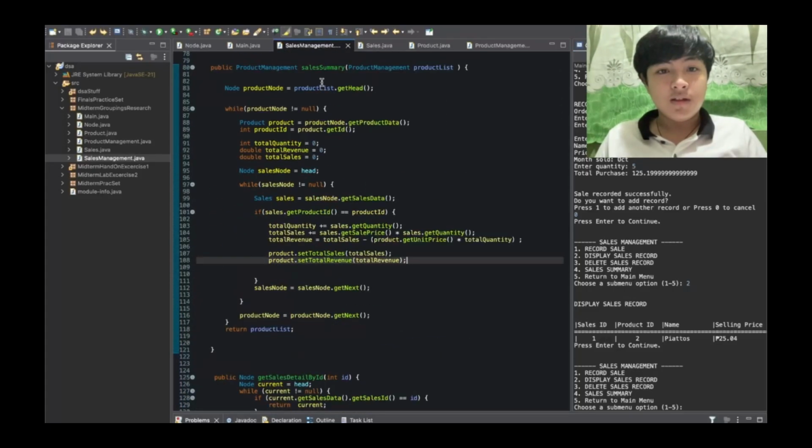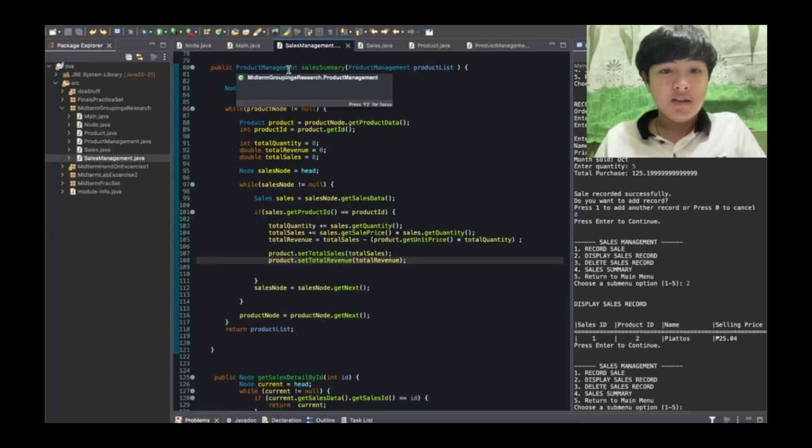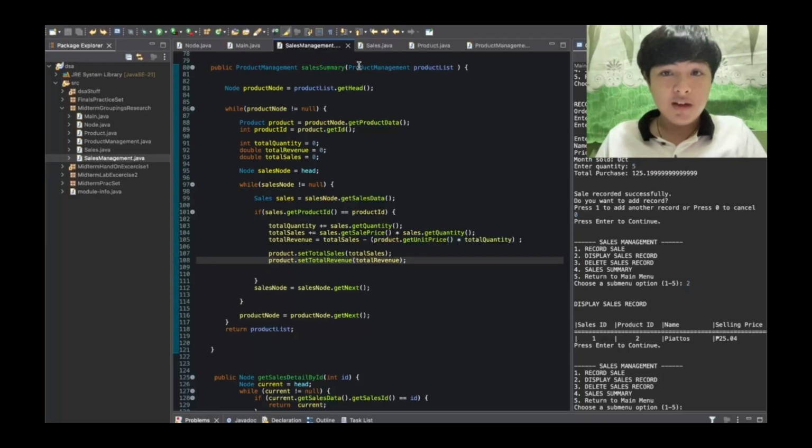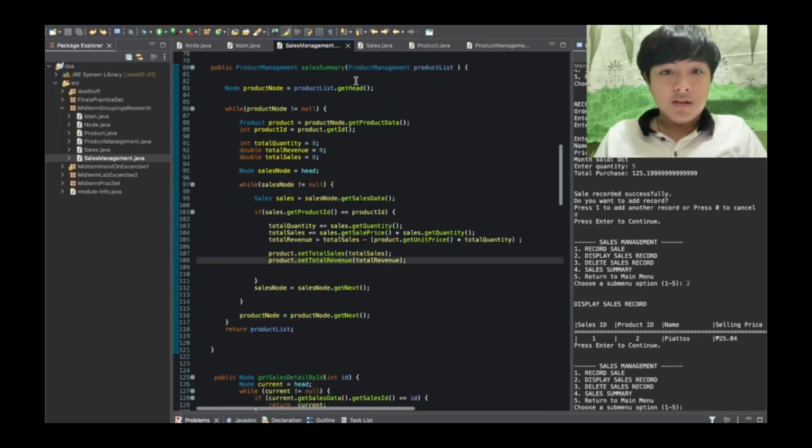This is the fourth method, which is named sales summary. As you can see here, the product management is a class which is right here. In the parameter, we simply called it product list.